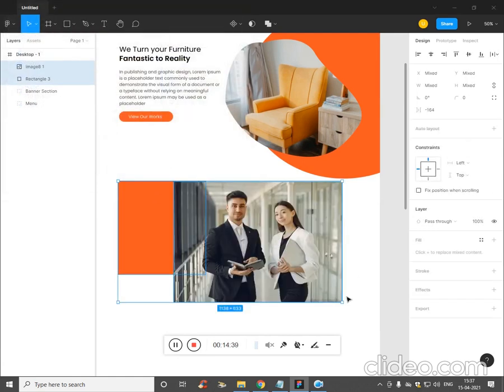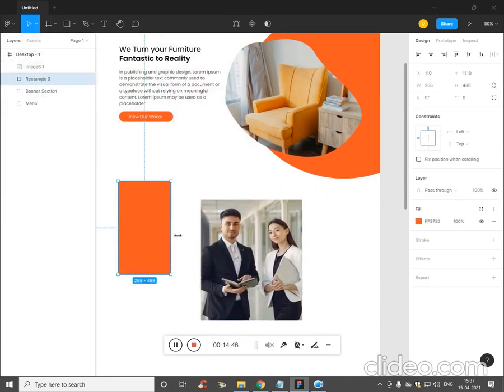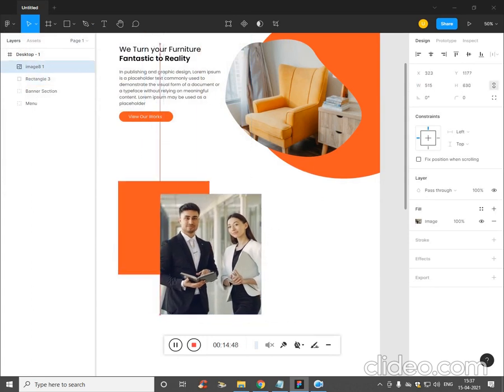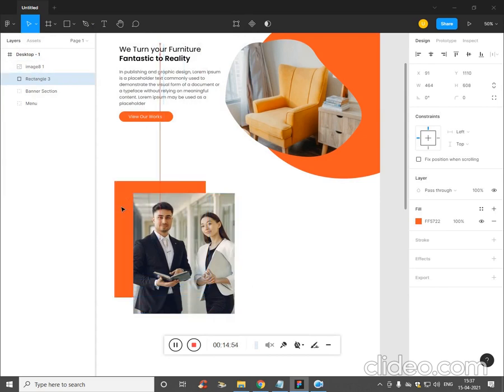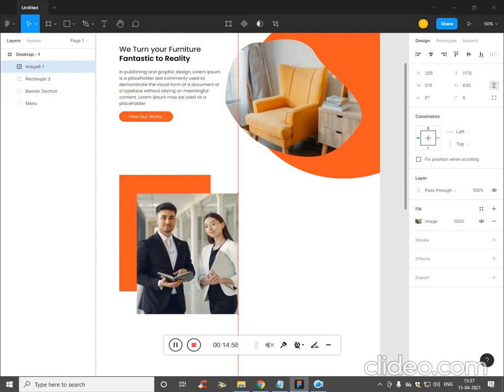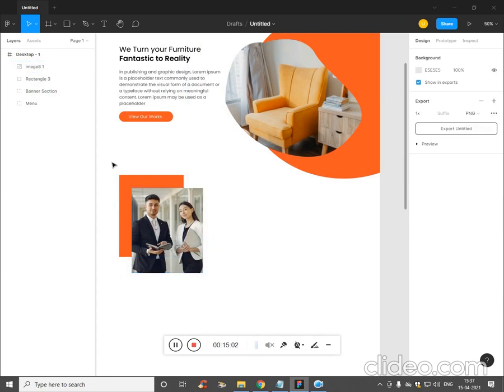Just place it here. Fit to be like the rectangle. Just drag it, make it smaller, make it group.